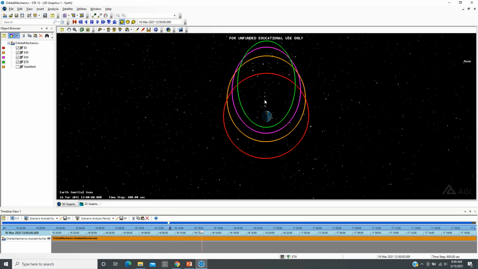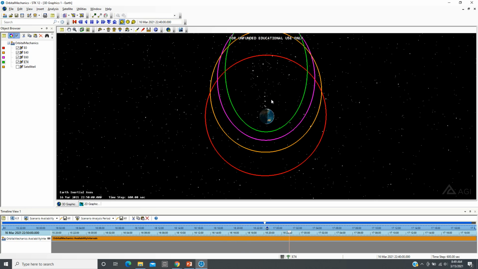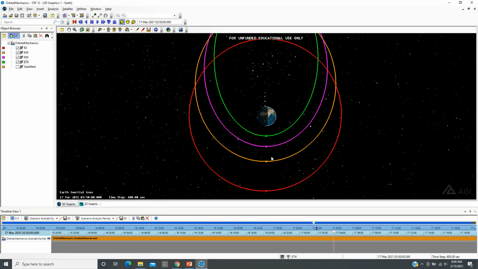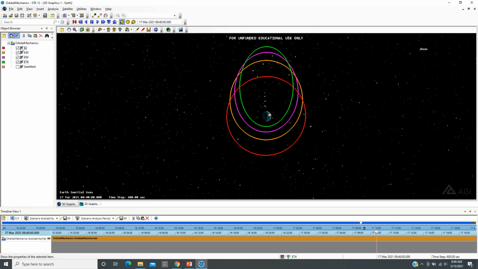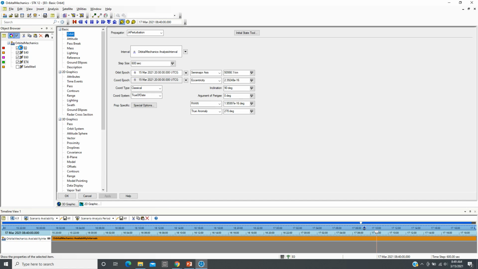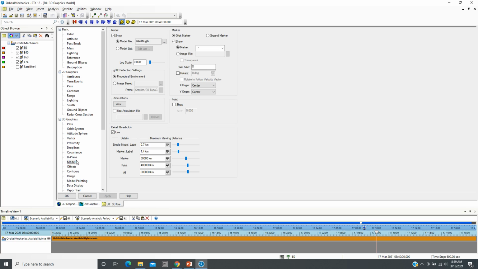Oh, the markers don't really show up very well, do they? The locations of the satellites in their orbits. You can barely see them here. So I'm going to pick one. I'll start with E0. And I'm going to try to upgrade the model so that the